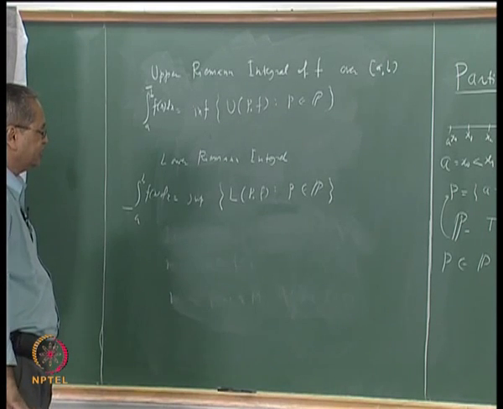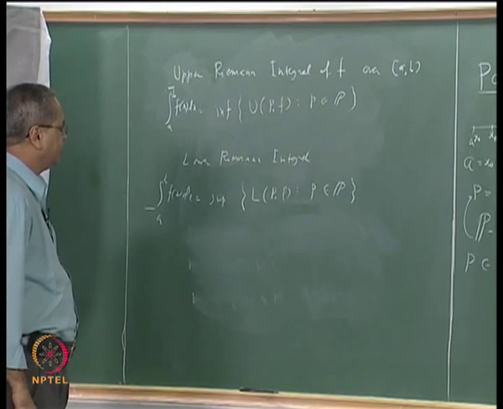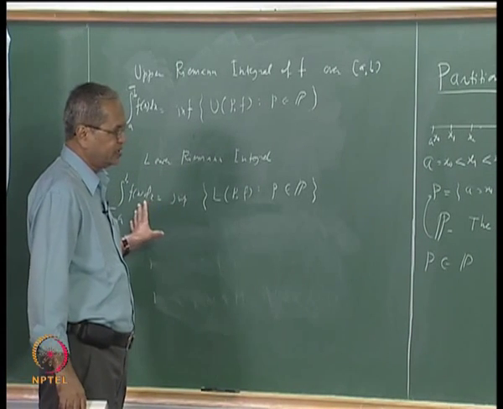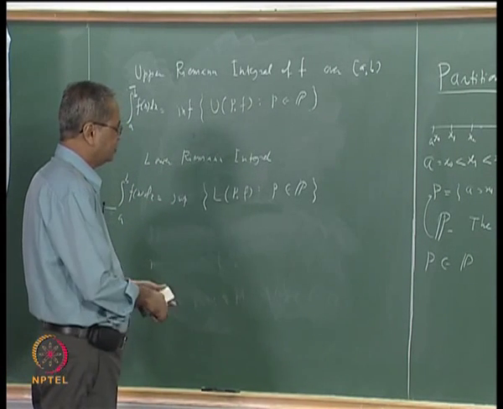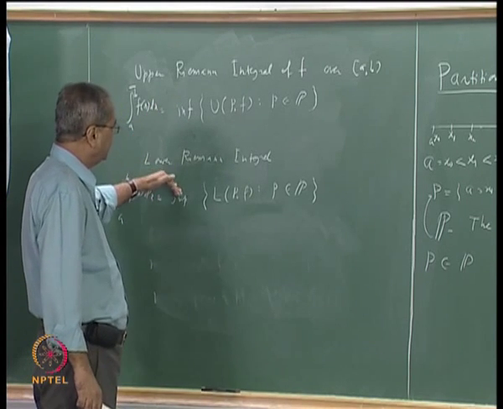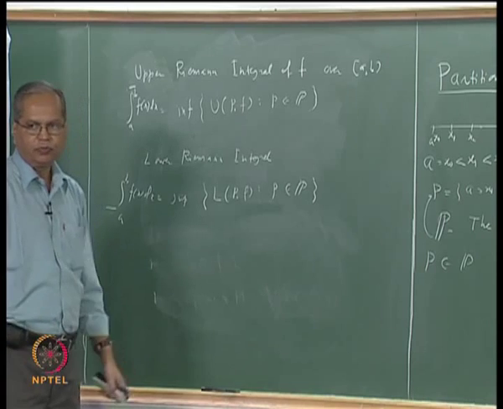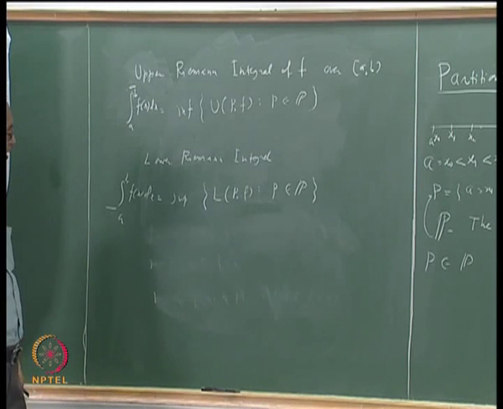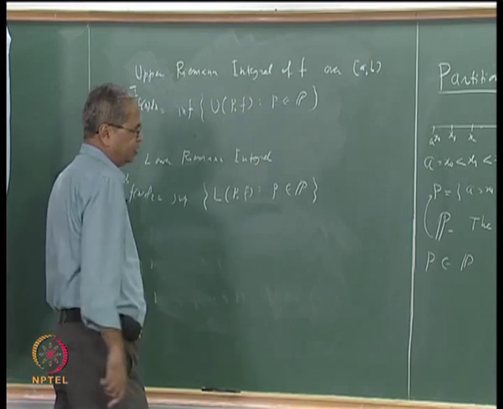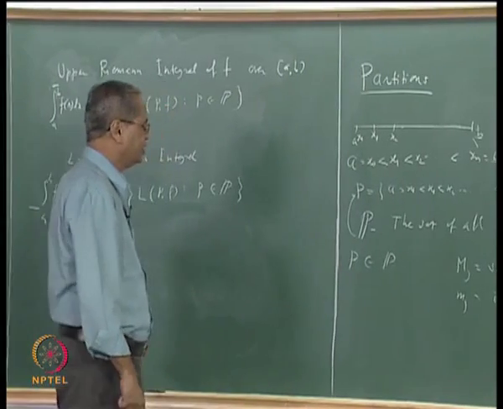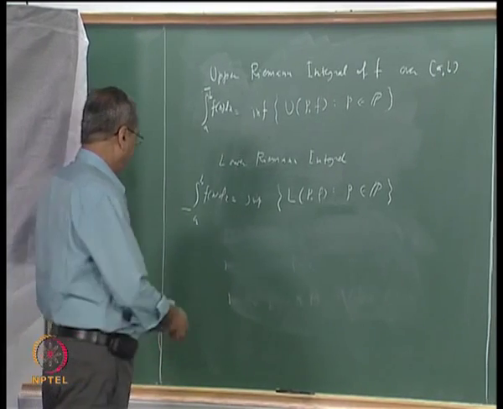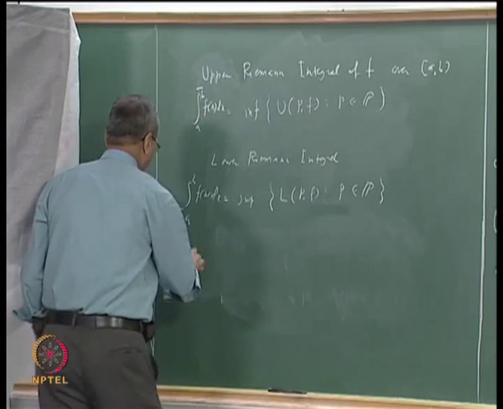So once the function is bounded on the interval a to b, these upper and lower Riemann integrals will always exist, and we can show subsequently that the lower Riemann integral will always be less than or equal to the upper Riemann integral. And so now we come to the main definition. Whenever the upper and lower Riemann integrals coincide, we say that the function is Riemann integrable over the interval a b. So that is the definition,